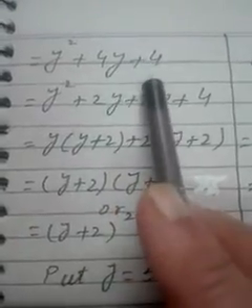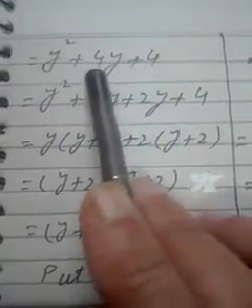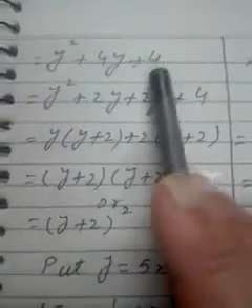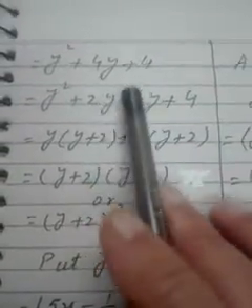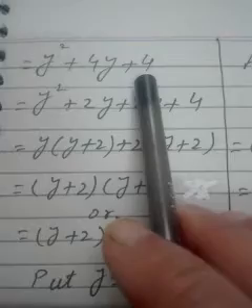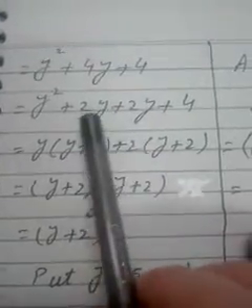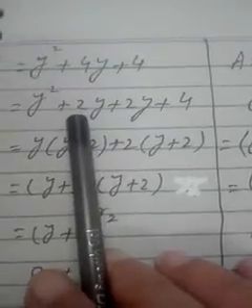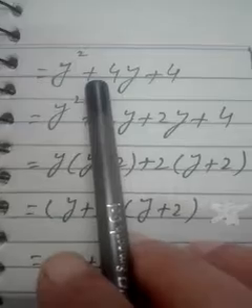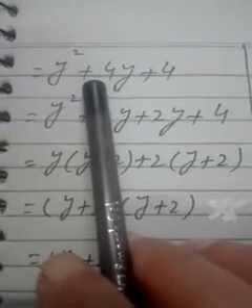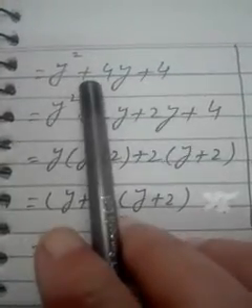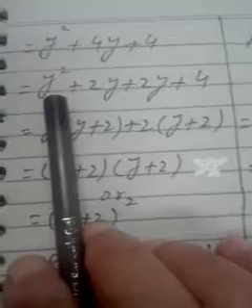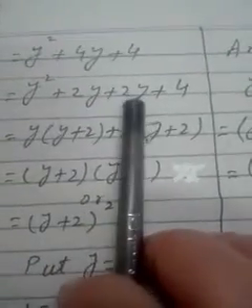Now make the factors of 4, so that if we add them we get 4, and if we multiply them we also get 4. So those two numbers are 2 and 2, because 2 times 2 is 4 and 2 plus 2 is 4, and we want a positive number in the product. So the signs of the two factors will be the same. And what will be the sign of the two factors? We will decide from this middle term. We need plus 4. So if we add plus 2 and plus 2, we get plus 4. So we decided that the two factors will be plus 2 and plus 2.